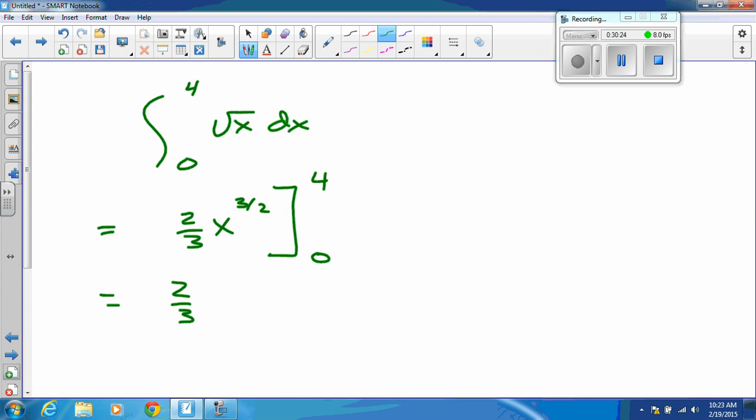Put it there. Lock it there. The real smooth mathematicians know how to pronounce this as the integral from 0 to 4 of root x. Okay, and so what we get when we evaluate this